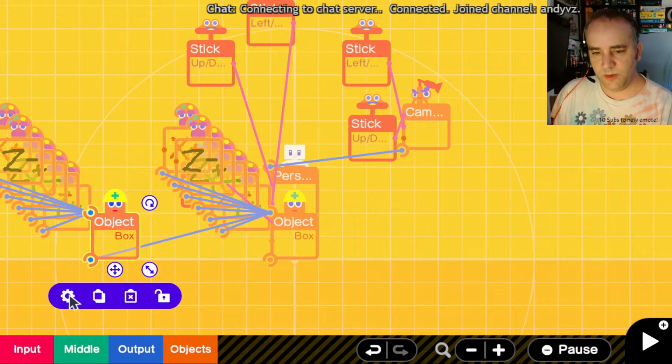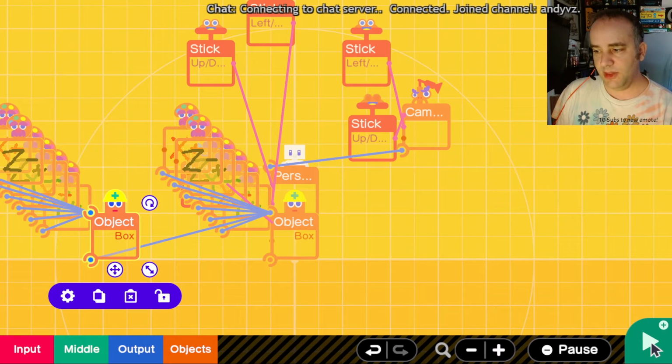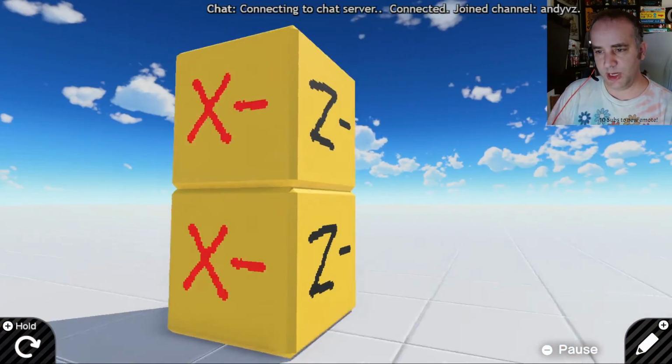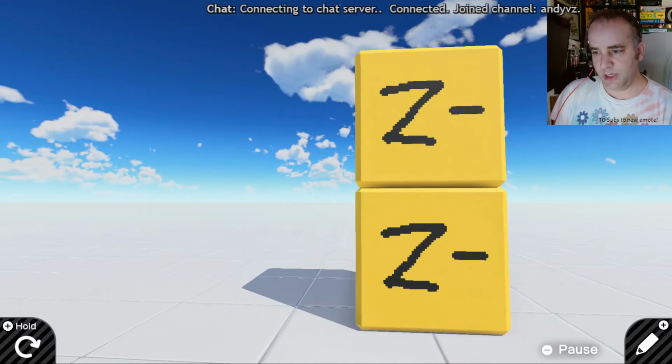So if I go into this and look at its connection points, this says its own connection point is on the bottom of it, Y minus, which is the same label that is on that cube, that the face that's labeled Y minus is on the bottom of the cube, and is connecting to the Y plus side of the other object. So that means the bottom of the first object is connected to the top of the second object, and that's exactly what we've got. They both remain upright and in the same orientation because it happens to be the bottom is connected to the top. But if we change that